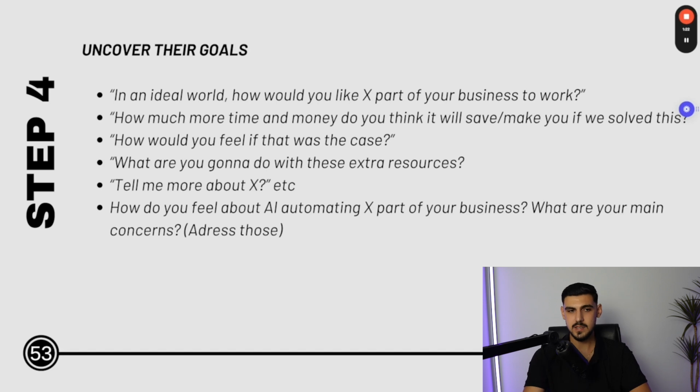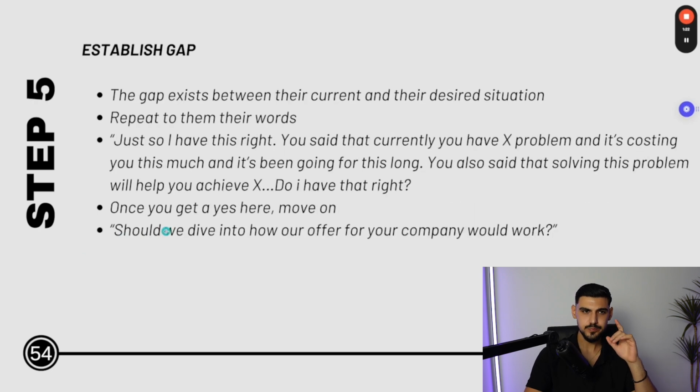Tell me more about X. You said that you're going to invest in this part of your business. Why is that? How do you feel about AI automating X part of your business? What are your main concerns? You want to address their concerns before you get to the point of presenting your offer, or at least many of their concerns. Once you have a clear idea of how their situation looks right now and what kind of problem they're trying to solve, and you also have a clear, detailed understanding of their goal and where they want to move towards,